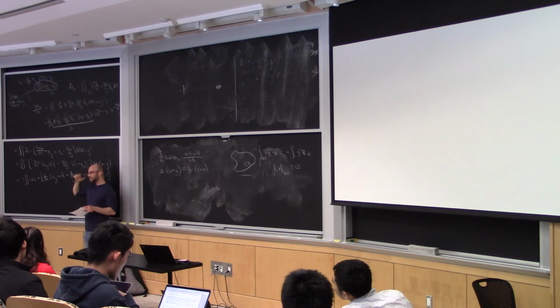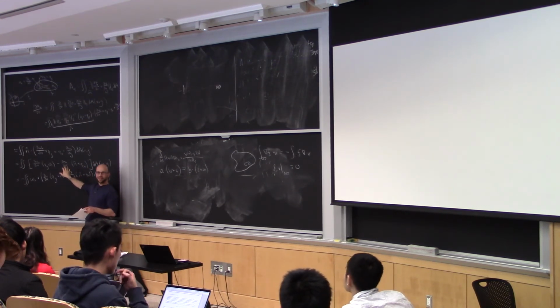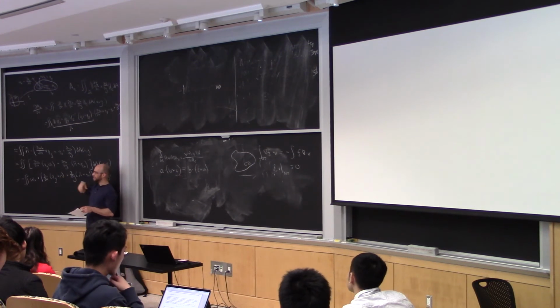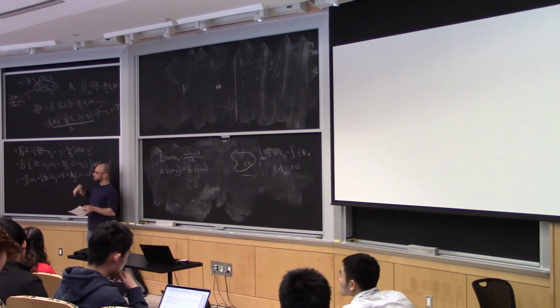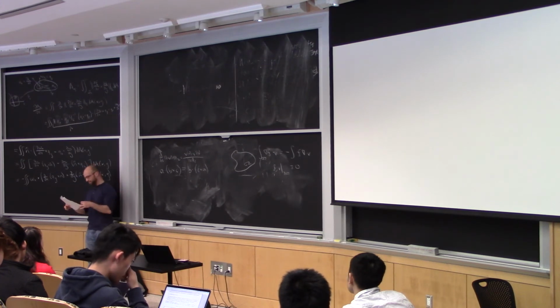And I'll let you go home and convince yourself that if you wrote this in components like x, y, and z, or I guess just x and y here, that this is actually the formula you would get. But it's basically just a souped up version of what's on the right-hand side there.